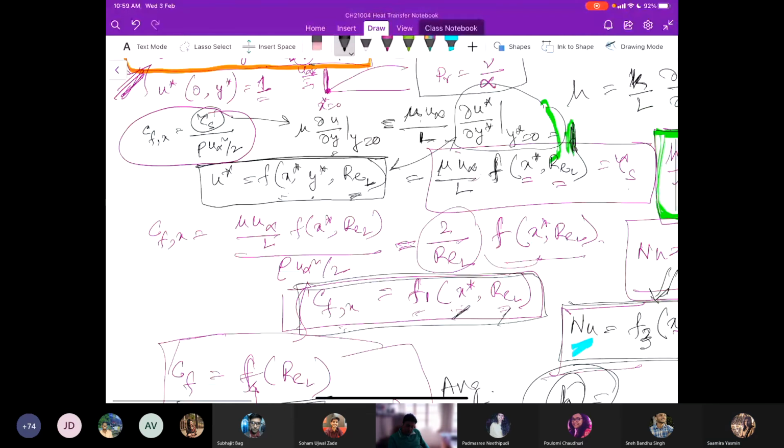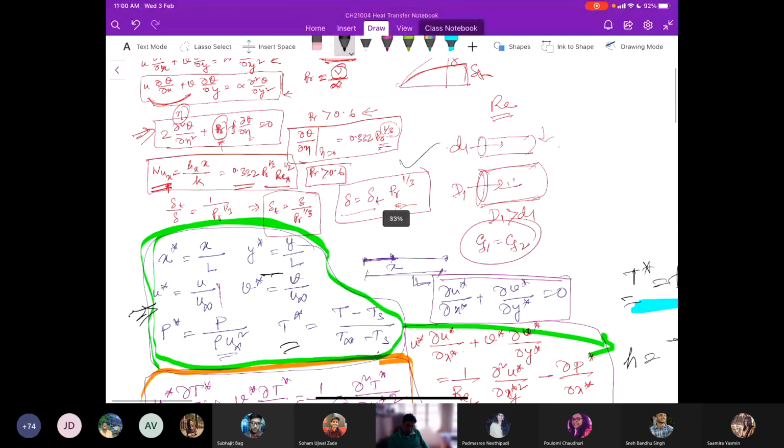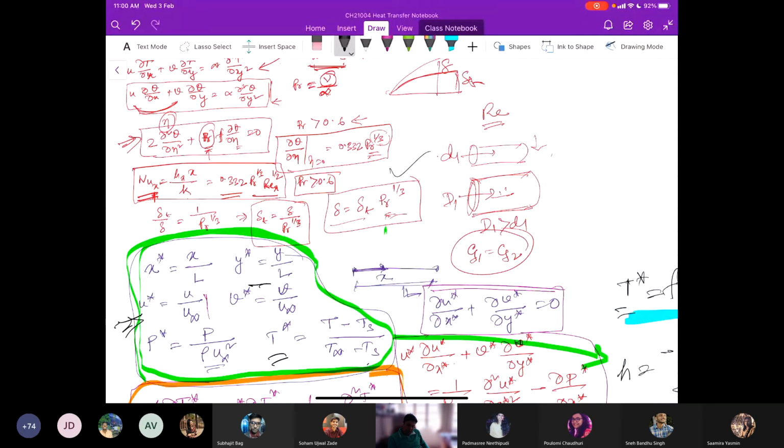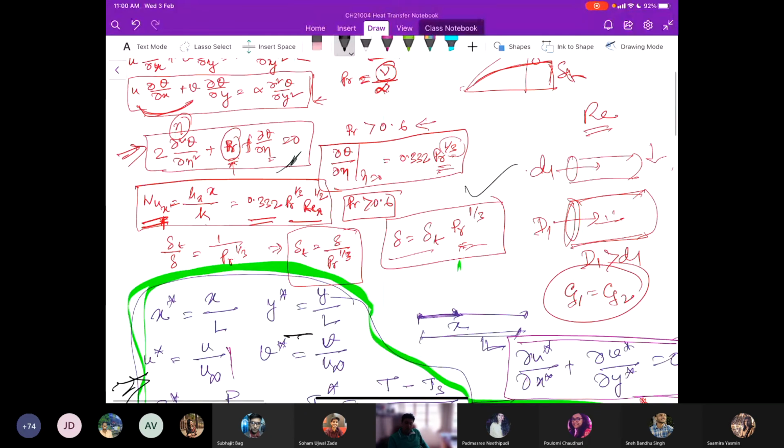So this is what I told you in the last class, that is called the Blasius solution. Classical Blasius solved that problem. It is basically the solution of this non-dimensional equation. Analytical solution can be done, or in fact numerical solutions also can be done for various Prandtl numbers. And after doing that, it has been seen that the typical dependence of del theta by del eta for the range Prandtl number greater than 0.6 is this one.